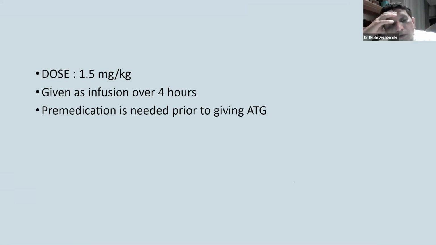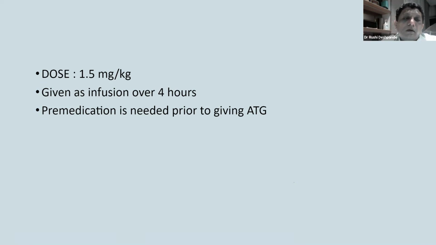So how many doses would you end up giving for this particular drug? Normally, you will see in practice, internationally, they would use around 5 to 6 doses. The recommended dose is to reach at least 6 milligram per kilogram. In India, in patients, you will see most of us ending at a maximum of 3 milligram per kilogram. Beyond that, hardly would you see people using ATG because the tolerance is not so good and severe side effects in the form of low WBC and platelet counts are very common.